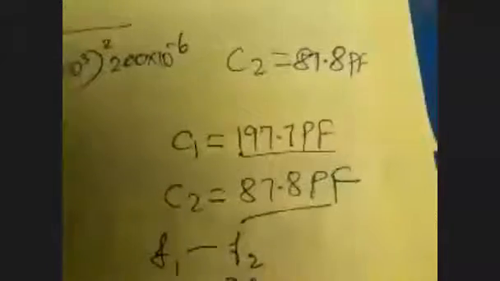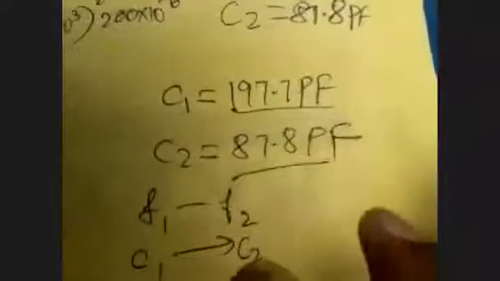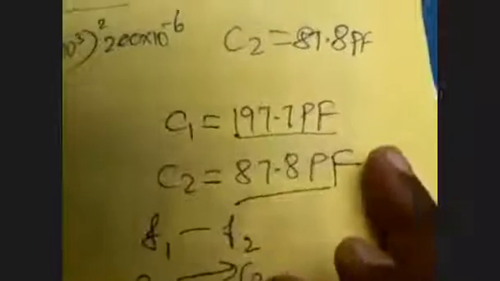That is the conclusion. It is the very same question, no changes in this question. It is a CBSE question from one year, a book back question. But definitely you should know the formula logic, then only you can solve this problem. This is the formula logic: C1 is equal to 1 divided by 4 pi f1 square L.